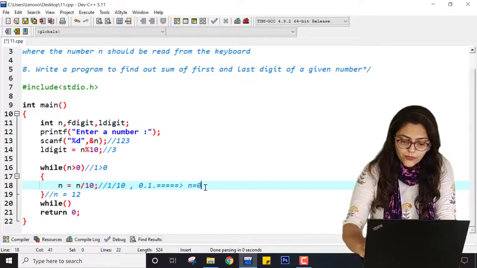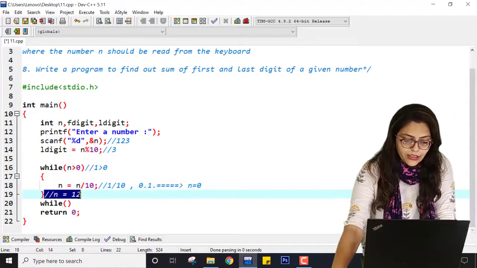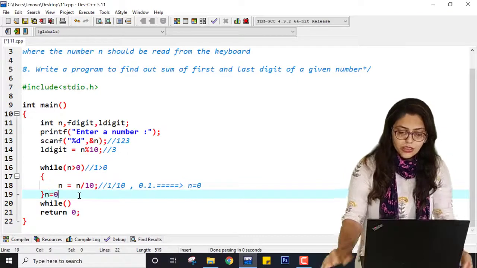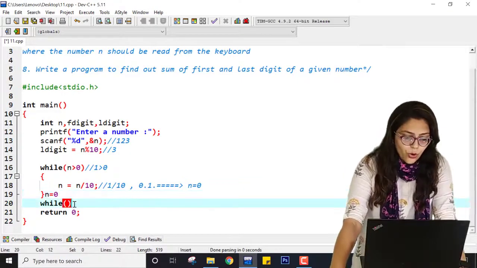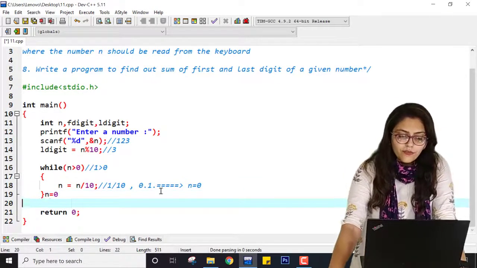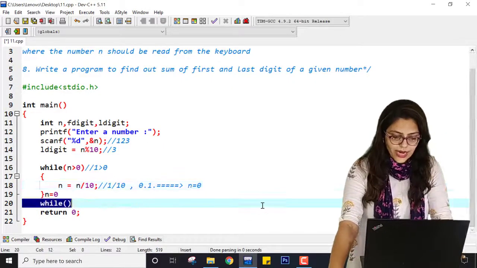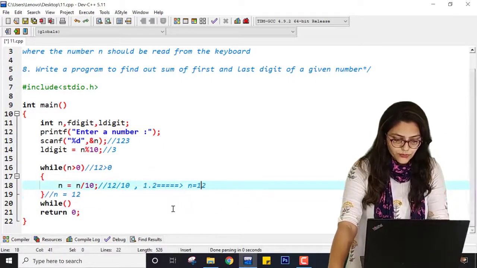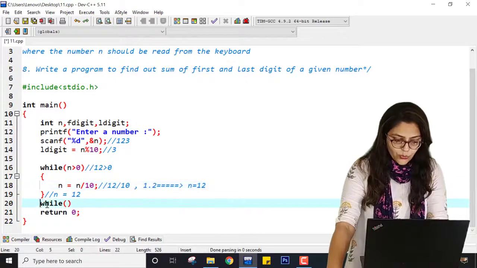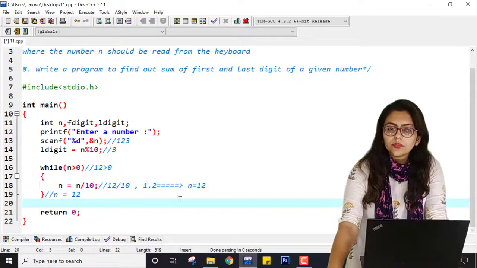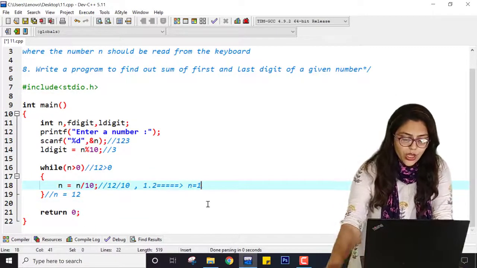So n becomes 0, and when it comes out, n will be 0. I don't want this. I want to stop it when n was 1, right? So how can I do that?